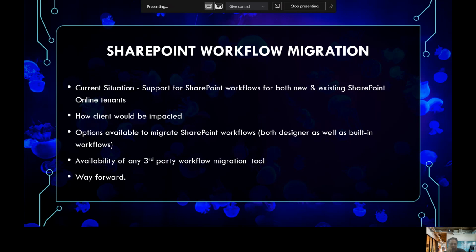Not only that, it can save significant effort, cost, and time, and it can also enhance migration accuracy. This can certainly be the real value proposition to the client in terms of effort, cost, and time.